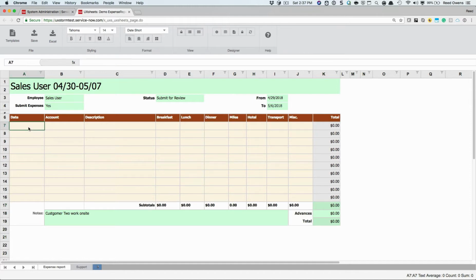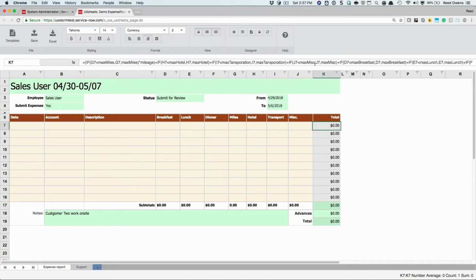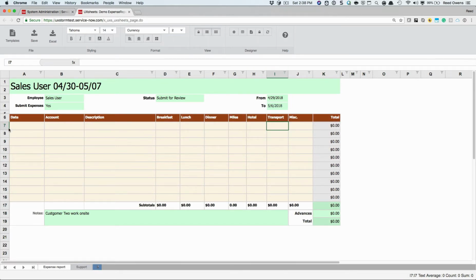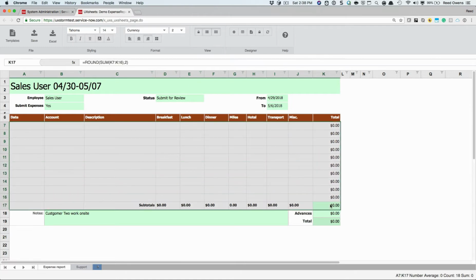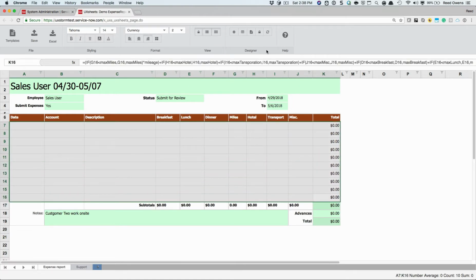Well, now we need to go do this area in here, and let's take a look at it. We have this hugely complex formula for the totals, okay, and we'll come to that in just a minute. But we need to have that all mapped over in here, and everything else looks the same. So let's go ahead and grab that entire area, highlight it, and let's come up into the Designer tab, and